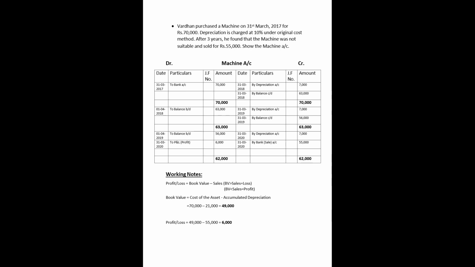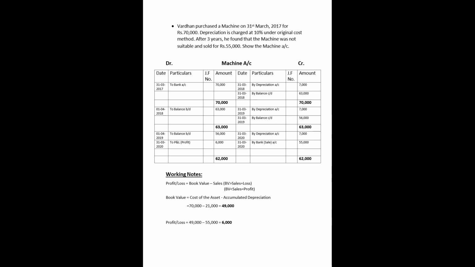will mention, and on debit side we'll mention to bank account 70,000, that is cost of the asset, and we'll calculate the depreciation for 1 year. So we'll get 7,000, that needs to be mentioned as by depreciation account 7,000 on credit side. Balance both debit and credit, will get balance carried on amount, that needs to be mentioned as balance brought down